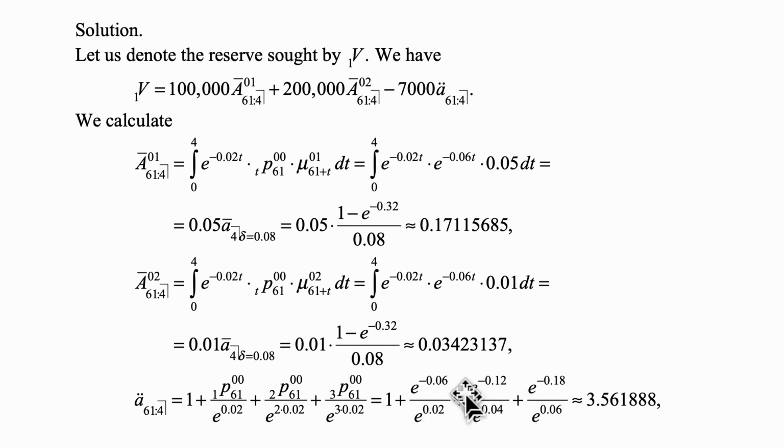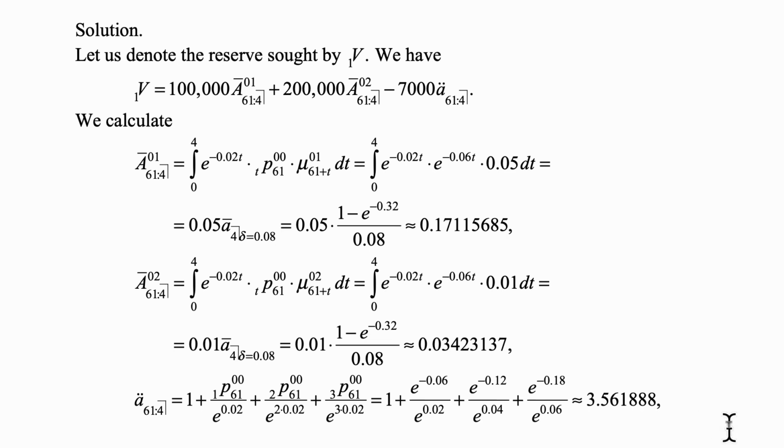Survival over 1 year has probability e to the minus 0.06, and this is constant force, so over 2 years it's just this squared, over 3 years the same cubed. Then we calculate this and we get approximately